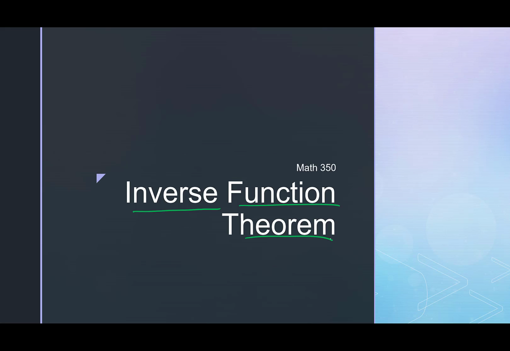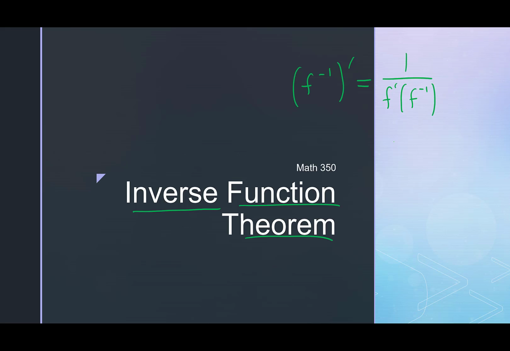But in any case, the inverse function theorem back from calc was dealing with, well, how do you take the derivative of an inverse function? So if you have f inverse, what would its derivative be? And you showed that there was a formula, which is basically 1 over f prime of f inverse. Okay, I'm being really, really hand-wavy with that. But in any case, in complex analysis, we have a similar, well, pretty much identical formula for this, which is what we're going to see at the very end of this video.